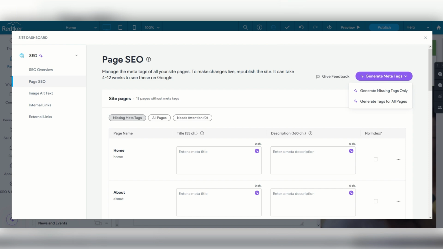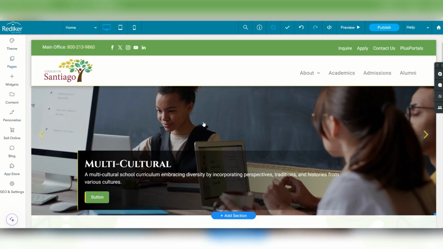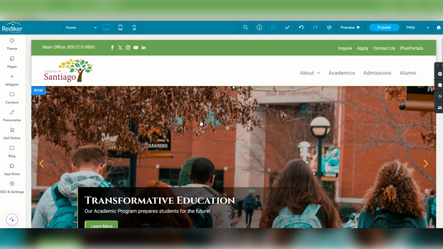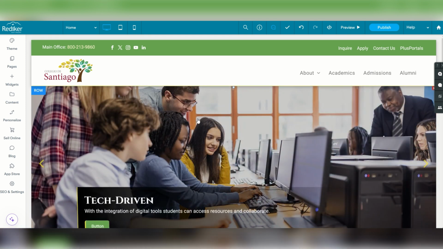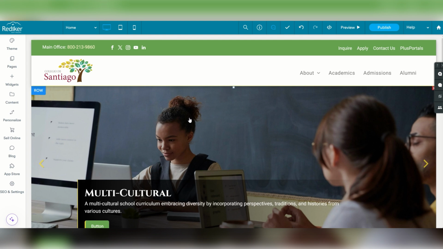So for all of those reasons, this simple tool is now available to any of your website editors on the ReadySite platform, and again, if they're not seeing those options there, just let us know, we'll turn it on. But just another way that Rediker is helping you, the school, be more productive and efficient in doing your job, which is really one of the founding principles and the reason for existence for Rediker Software.